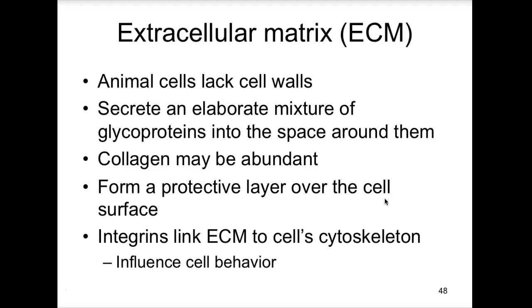So basically what happens is that extracellular matrix is fibrous protein collagen, and the same protein found in cartilage, tendons, and ligaments. They are strong fibers that are going to be embedded in this complex web of these glycoproteins, and that's what we call proteoglycans. And those proteoglycans are going to form that protective layer over the cell surface. The extracellular matrix of some cells is attached to the plasma membrane by a third kind of glycoprotein called fibronectin,